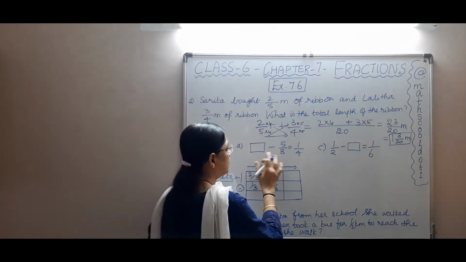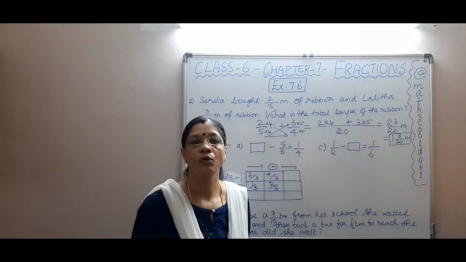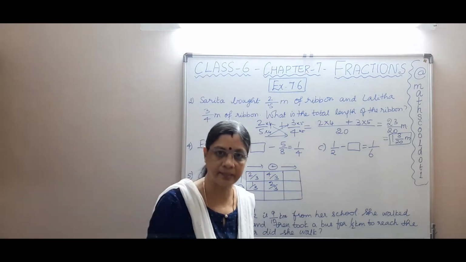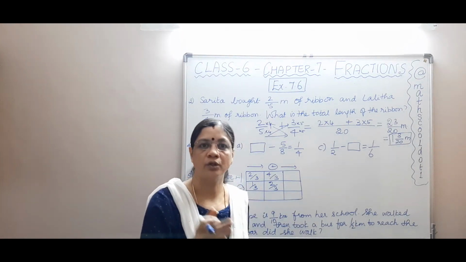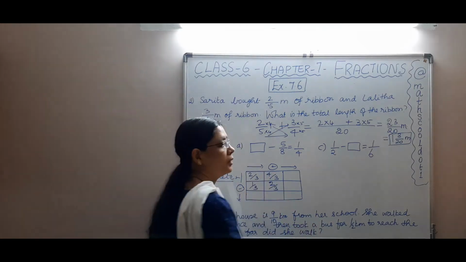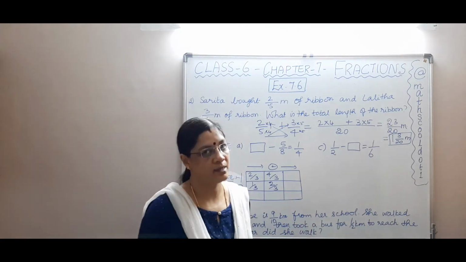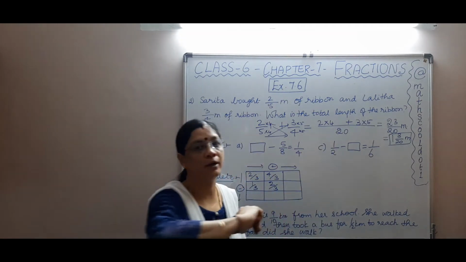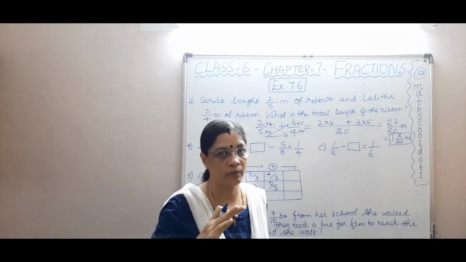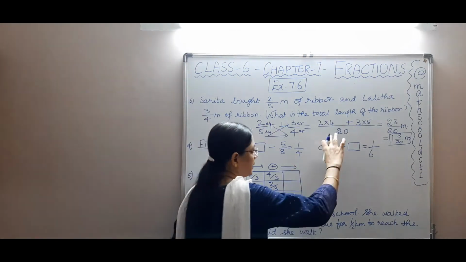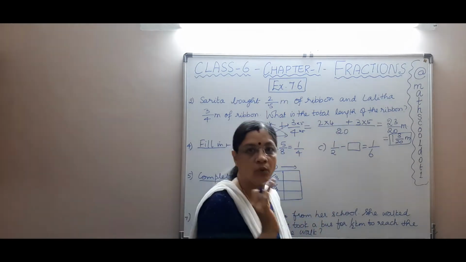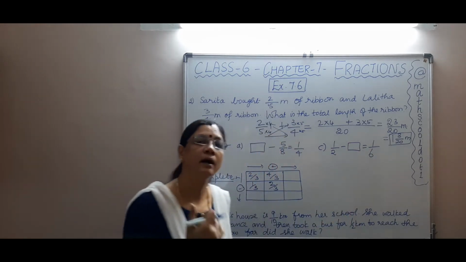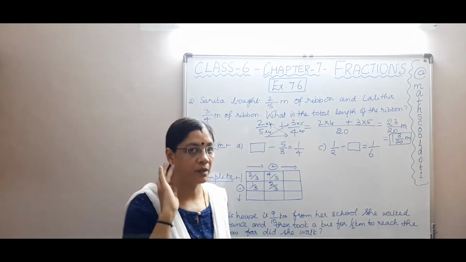Because from that we are going to subtract 5 by 8 to get 1 by 4. So that becomes the bigger number. So you just add the second number and answer. Whenever in subtraction you are asked to find the first number, you just add the answer and the second number. And in the case of the second sum, you have the second number here. I know the first number is always a bigger number, isn't it? So since the first number is always the bigger number, if the bigger number is given, I need to subtract the answer from the bigger number. Okay, you just keep that in mind.